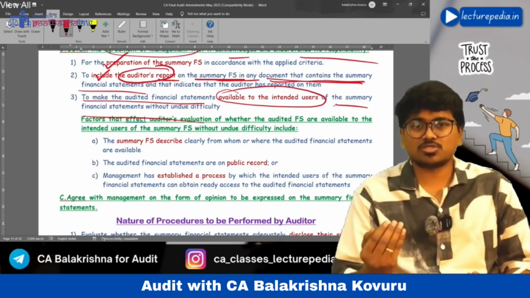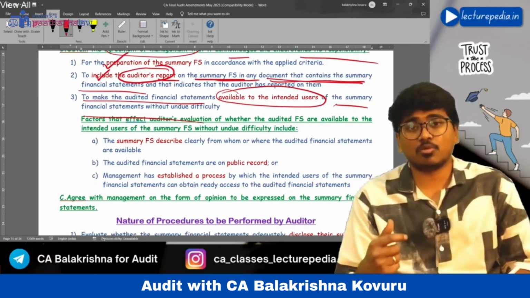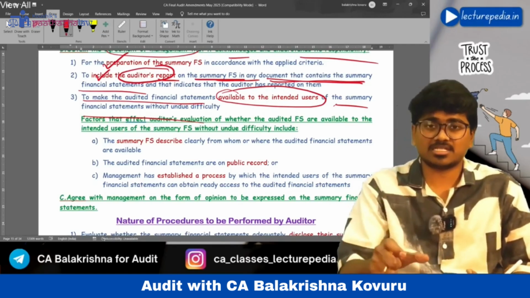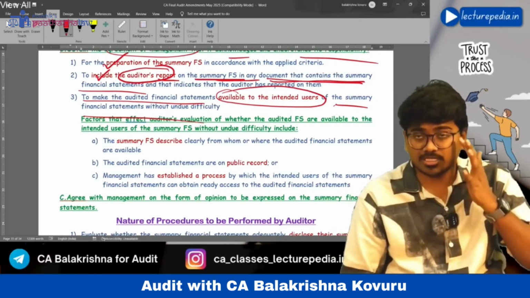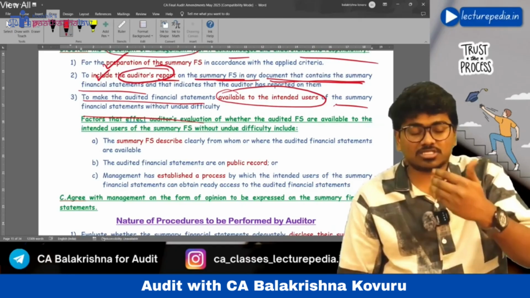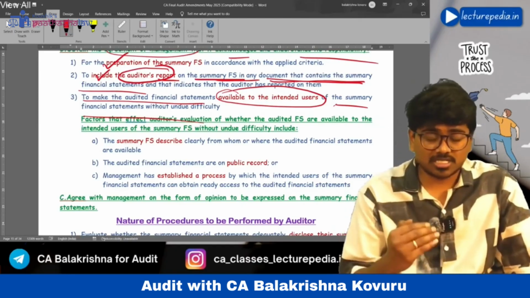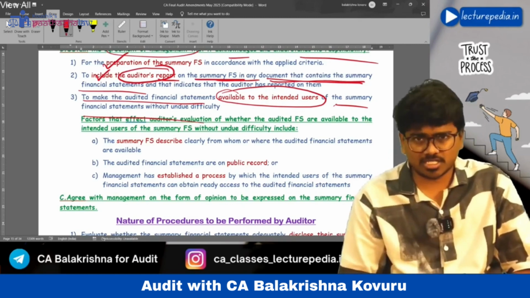If the users want detailed information, or want to understand in more detail any item presented in the summary financial statements, they can refer to the complete set of financial statements. For this purpose, whenever the management issues summary financial statements, along with that, you should also issue the complete set of audited financial statements.